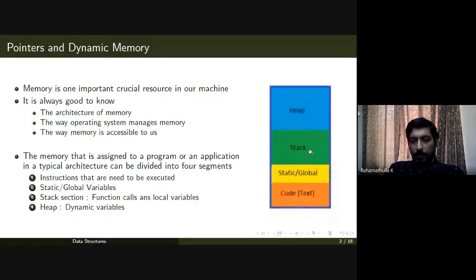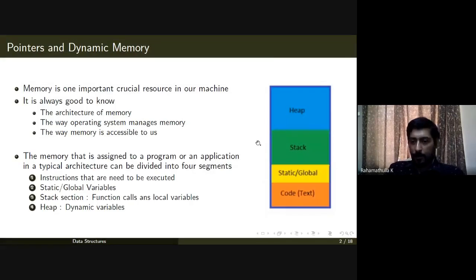And we have another area called the heap section, which we normally call the dynamic memory, or also the free pool of memory. Here you can store your variables and your data.